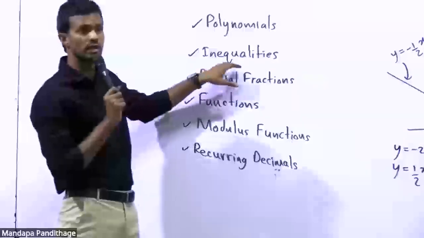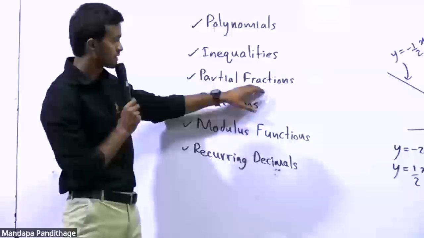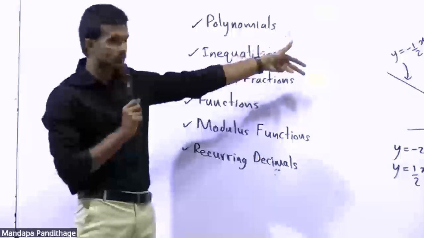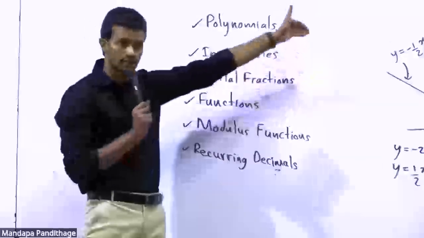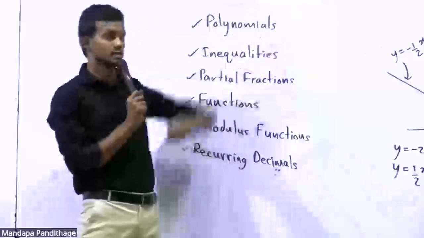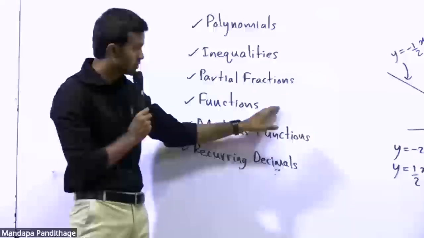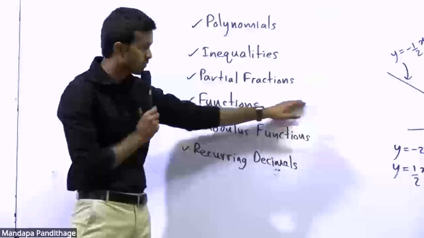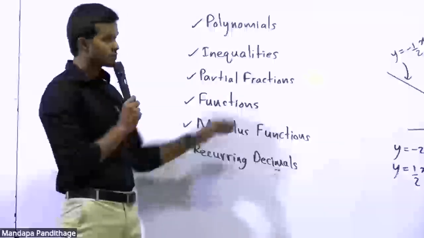Then do 5 inequalities, good inequalities. And then partial fractions. When you're doing five partial fractions, do at least 2, 3 normal rational functions and 2, 3 rational functions where the denominator is higher. Sorry, the numerator's degree is higher. Functions, do proper 5 questions and make sure you know how to find the range, codomain, the domain, inverse functions. And then modulus function